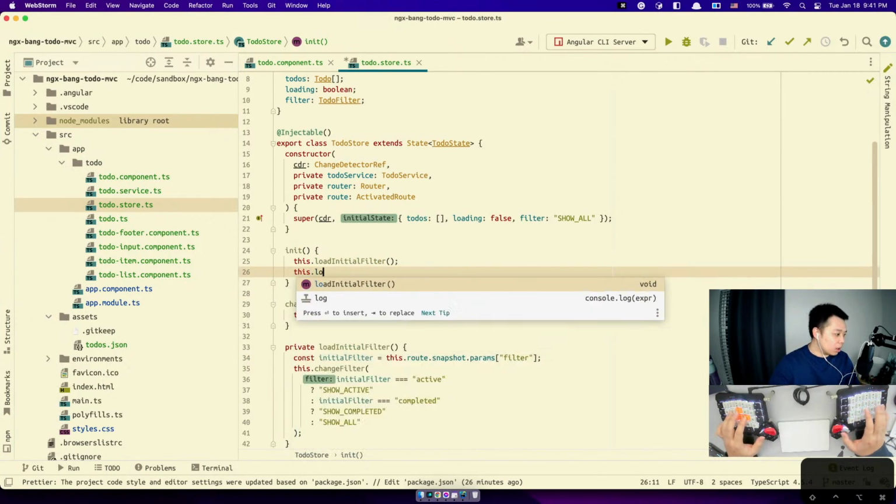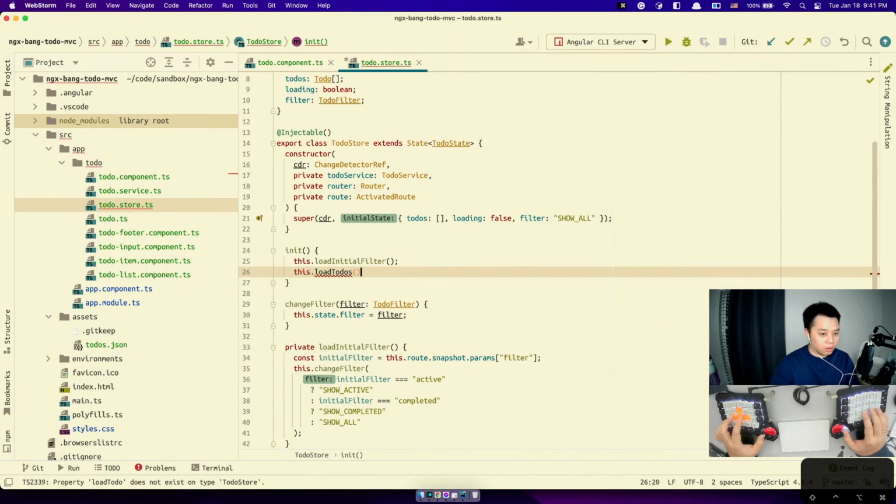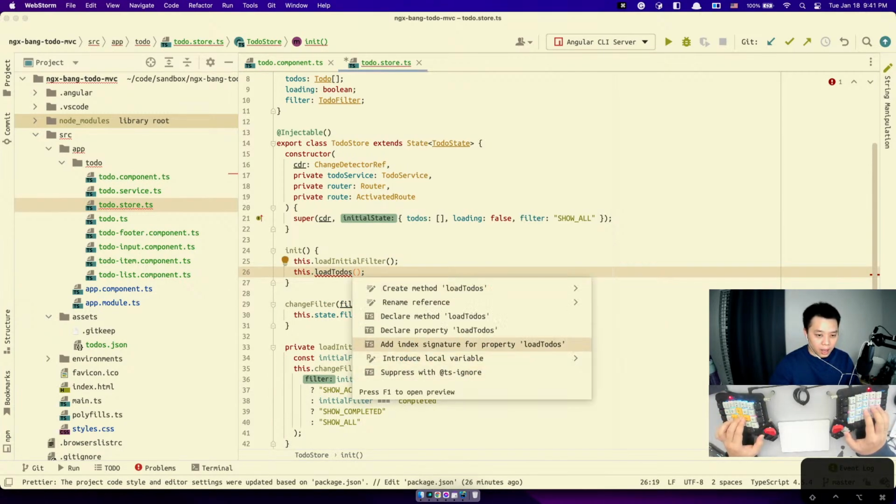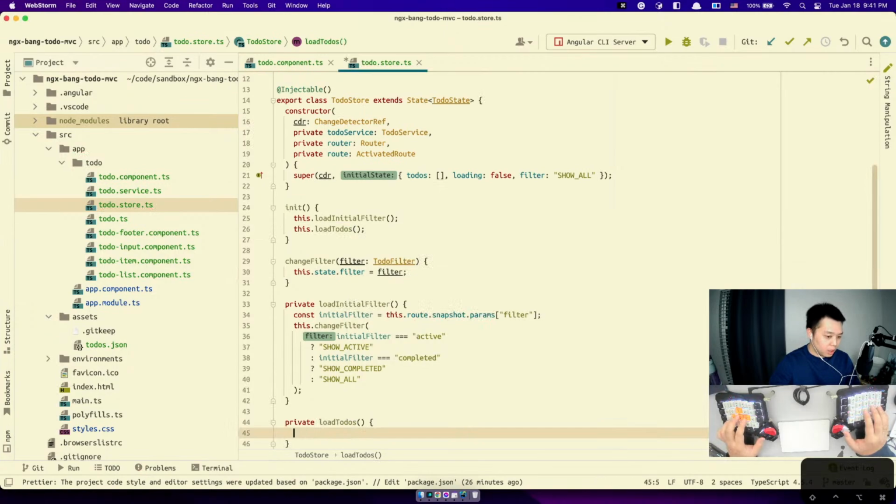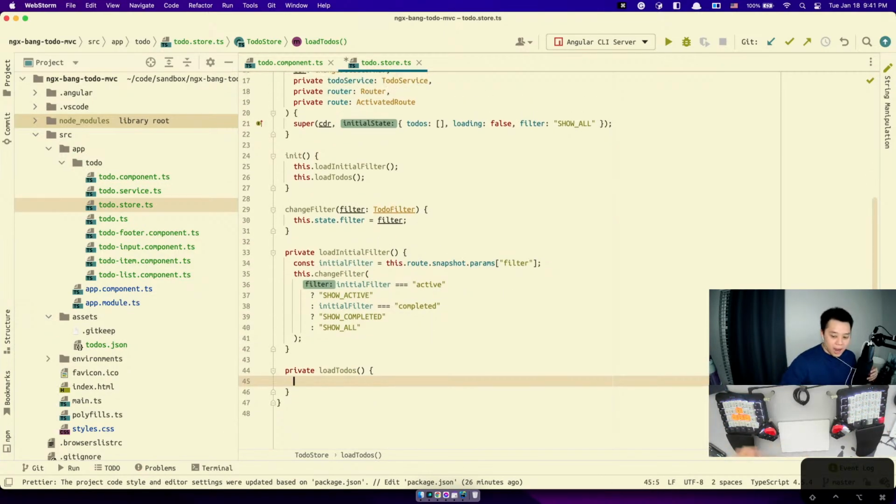Next, we're going to have a load todos, right? And we're going to have a method called loadTodos. And inside of loadTodos, what we're going to have is very easy. We're just going to set the loading state to